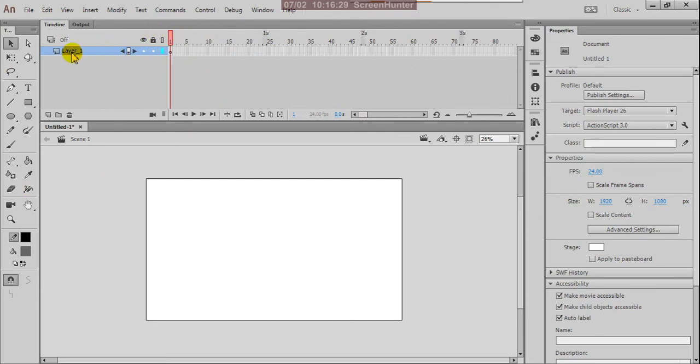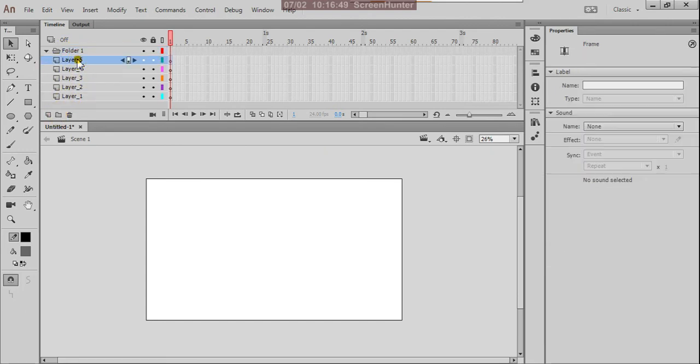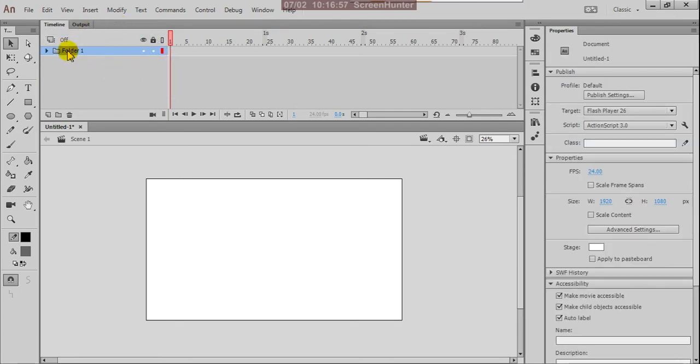Alright, and here there are layers, like in your Photoshop and Illustrator. Here also we have different layers. You get unlimited layers, depending on your requirement. In the same way, you can put all your layers in a folder. Suppose you can select all with Shift and insert them into your folder. See, this is your folder. So all the different parts of the animatable objects you can keep in one folder. Then you can press Control Z.